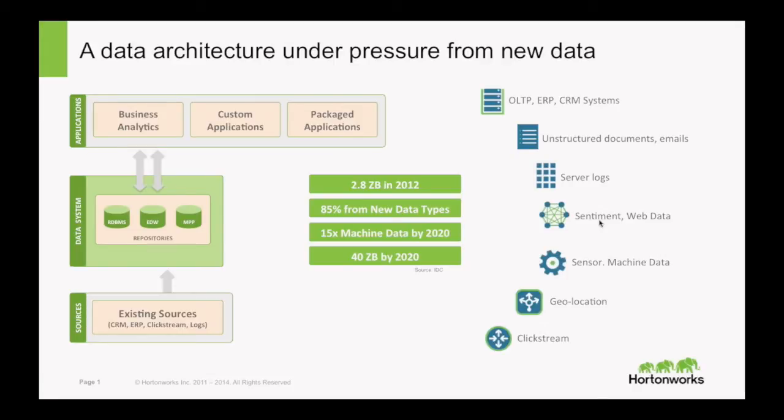And part of what's going on in the last year or two, maybe more, is that there's a lot of new types of data. There's server logs, sentiment analysis from the web, geolocation data, things like sensor and machine data coming from cars and devices everywhere. And so there's a pressure on this architecture to store a lot more of this data, which is a problem. So we have a lot more data, we have a lot more data types, we have structured and unstructured and semi-structured data, and the huge amount of data is causing these architectures to be looked at more broadly.